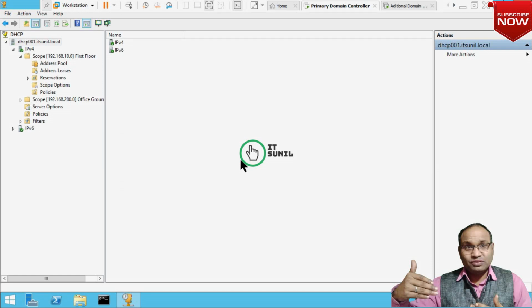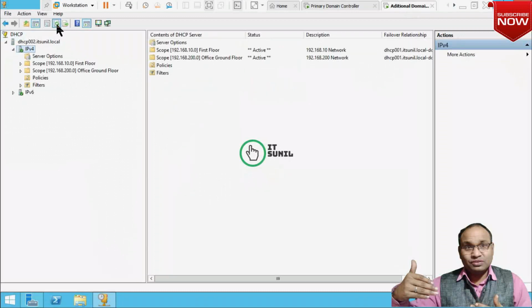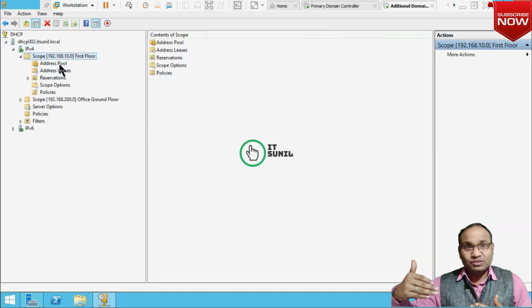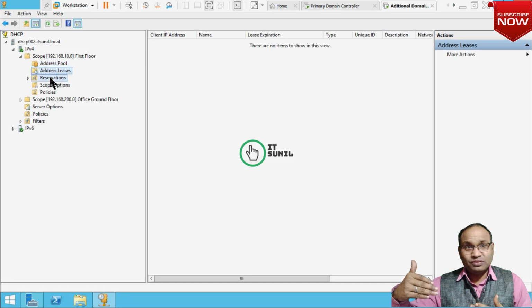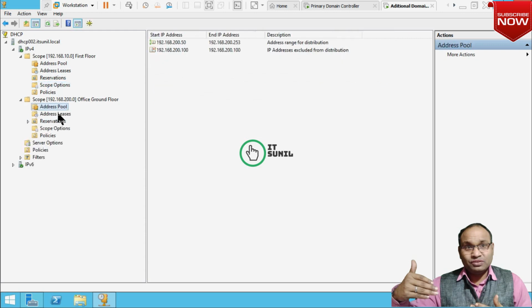So now I'm going to check on the secondary DHCP server. I'm coming here. Now you can see the address pool is 250, and address leases, none, reservation, scope option, policy, other scopes.